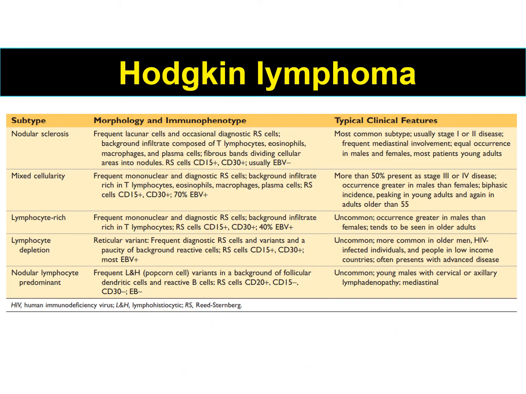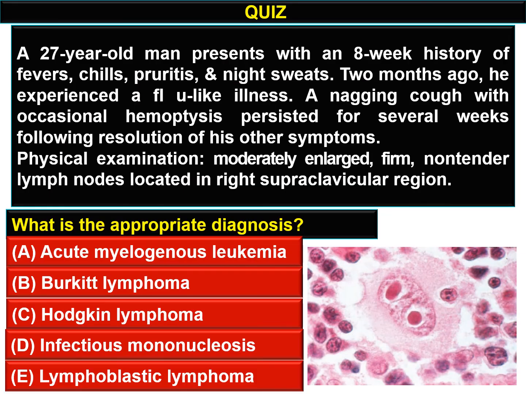This is the table summarizing the 5 Hodgkin lymphoma varieties, and this table is from Robbins' textbook of pathology. Now for self-assessment,